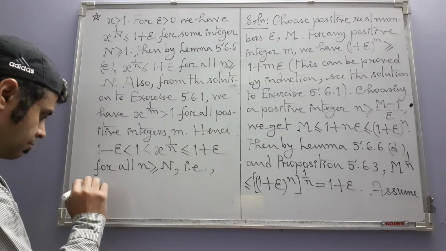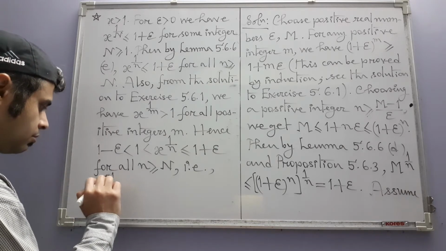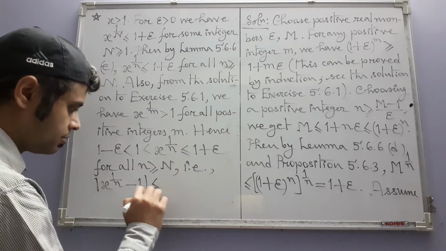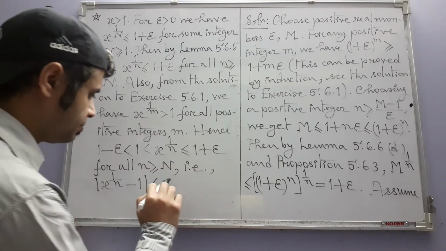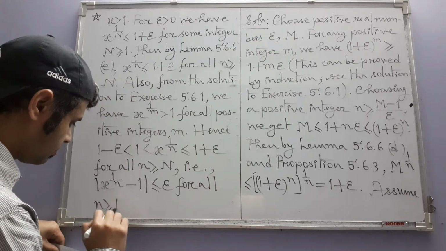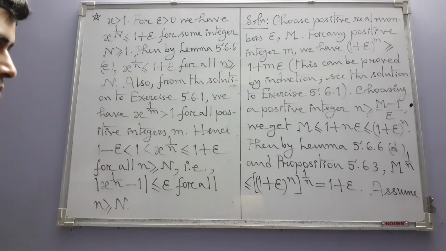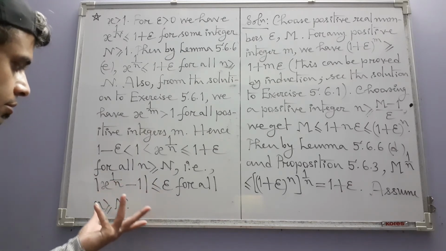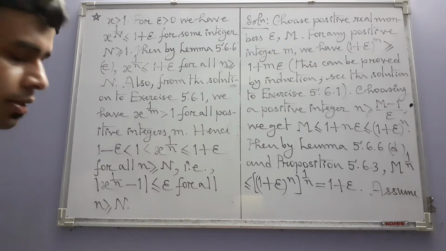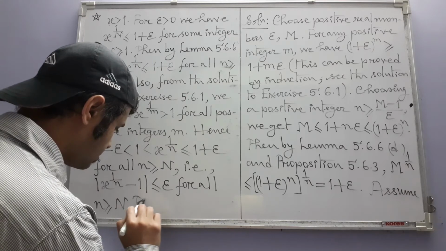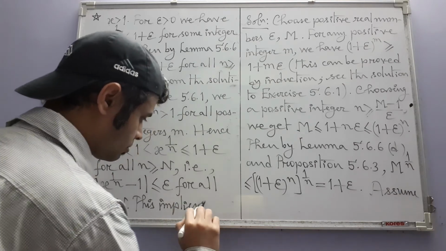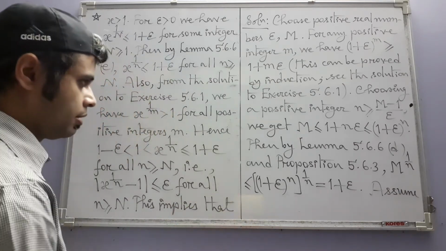The absolute value of the nth root of x minus 1 is less than or equal to epsilon for all n greater than or equal to N. So we have come to the conditions in the definition of the limit of a convergent sequence. This implies that